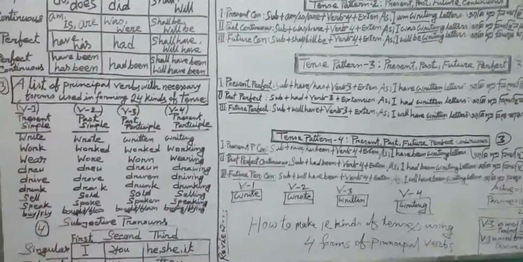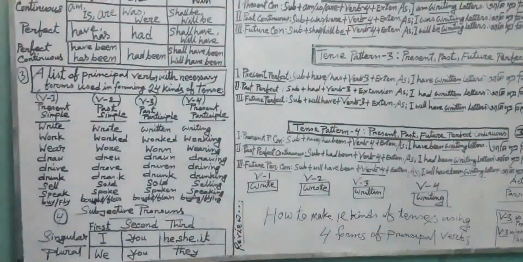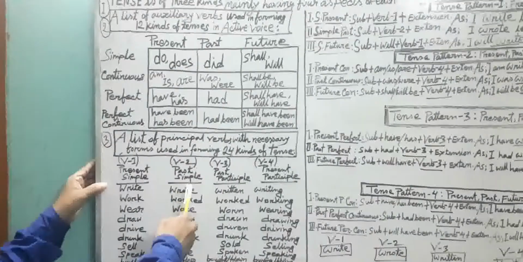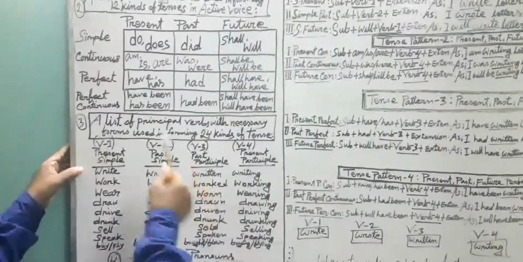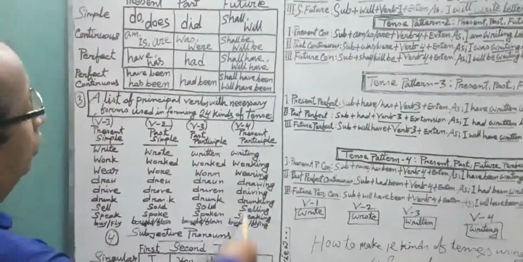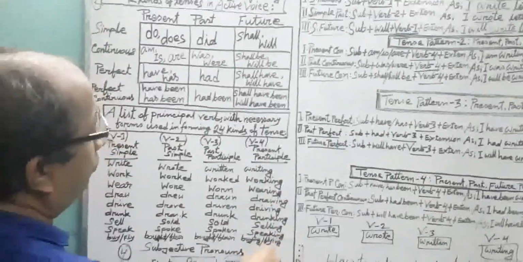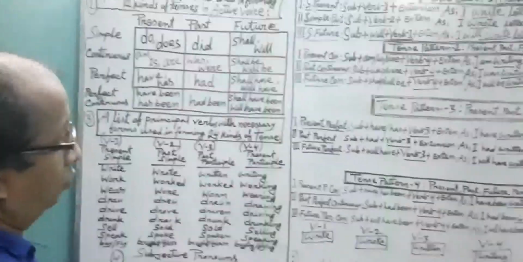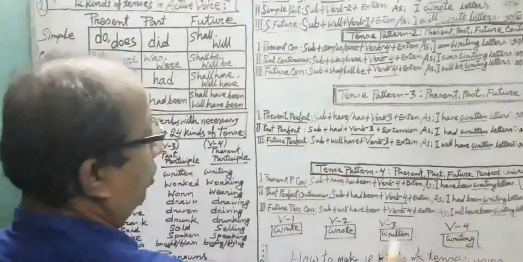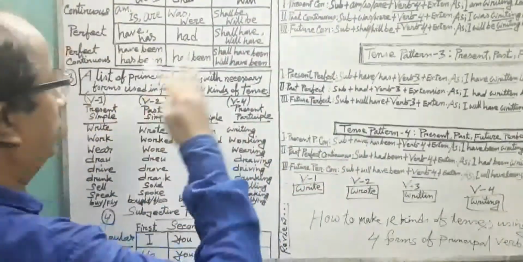And we have finished all the 12 sentences. I am repeating, to make it more clear once again. So there are 4 lines. Line 1 is verb 1, line 2 is verb 2 past simple, verb 3 past participle, and verb 4 present participle. We use verb form 4, the present participle or ing form, for making 6 tenses. What are the 6 tenses? 3 continuous tenses, ing form, and 3 perfect continuous tenses, ing form. So line 4 is over and 6 tenses are over.